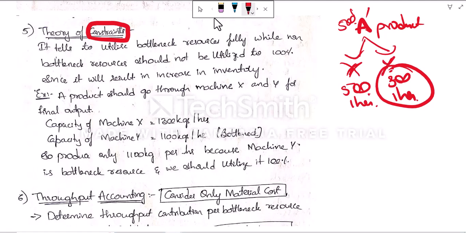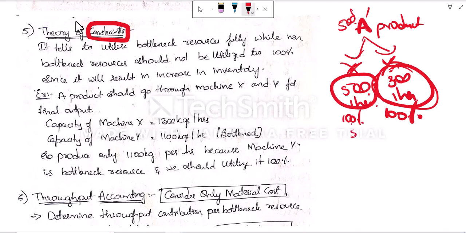Okay, in this bottleneck, what we should do if we have this bottleneck resource? It will be the theory of constraint. Theory of constraint in the sense, what we should do if we have something obstructing our process. What does it say? We should utilize this bottleneck resource 100%. Maximum utilization should be done, and we should use this accordingly, because if we use this to 100%,